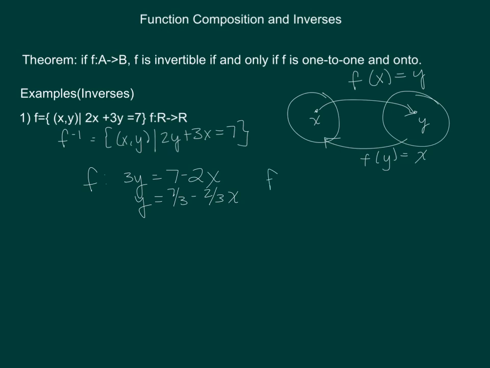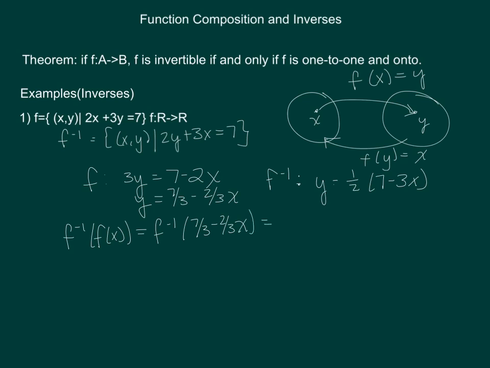I can take my f inverse, and again write it in the form y is equal to 1/2 (7 minus 3x). And then I can see what f inverse of f of x is equal to, and hopefully I get back my x. So I have f inverse of 7/3 minus 2/3 x,